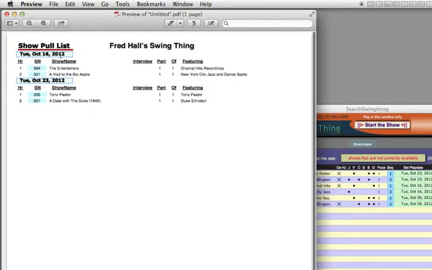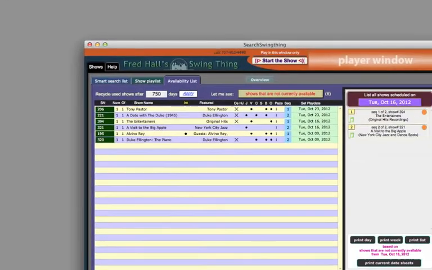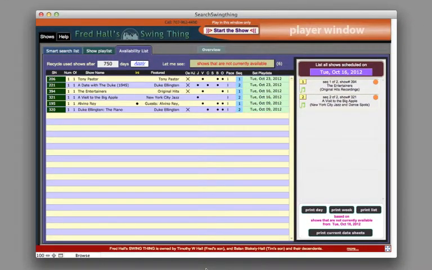And we can see October 16th and the 23rd. So that's what that is. And you can use these printouts to help you kind of stay ahead of the curve or to track things. Now, one more print feature that we added to this is this button down here, Print Current Date or Date